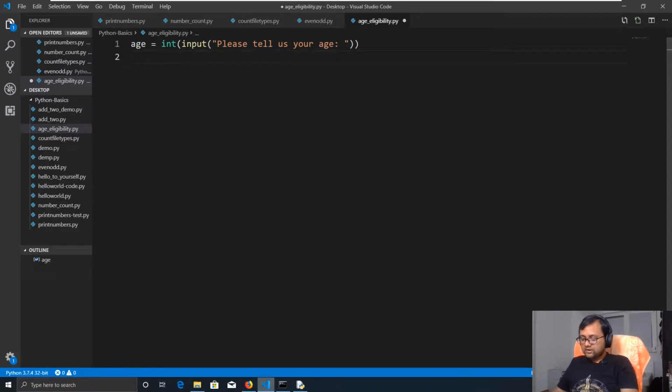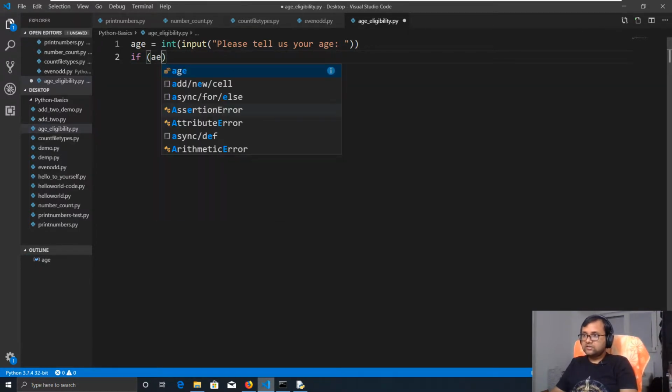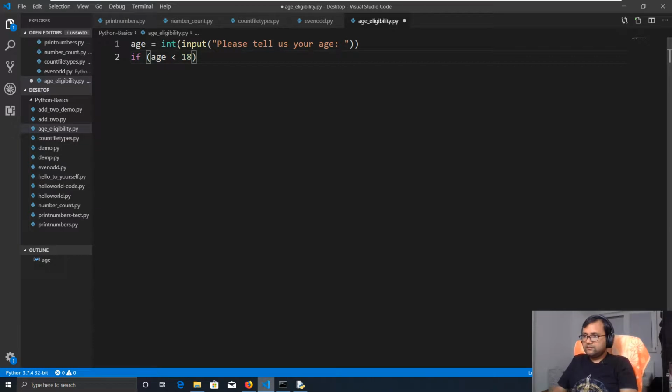So, we have our age now, and we have to check, first of all, if age is less than 18, then we will just print out that, oh sorry, I am putting square brackets out of habit. Yep, there we go. Print you are a minor, and now